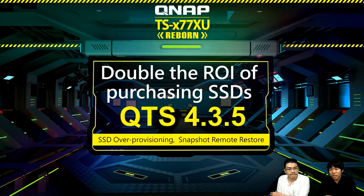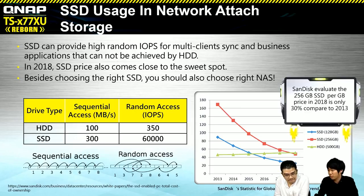Hello everyone, it's an honor for me to join the introduction of our latest TS-X77XU. For this new model we must also introduce the latest QTS 4.3.5, which includes SSD over-provisioning, SSD cache, write-only cache, and the snapshot function. This is important because those models will be majorly targeting business users, and each NAS has extra SSD slots. We want you to know about this special new model, especially the 1U units, because SSD prices are falling, and it's important for both IT managers and system providers to think about how to utilize